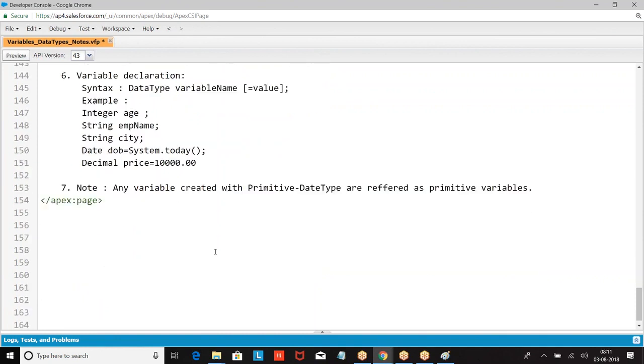Any variable created with primitive data type is referred to as a primitive variable. I hope you are good with this.